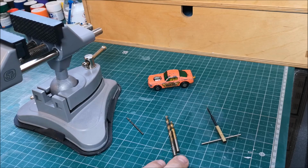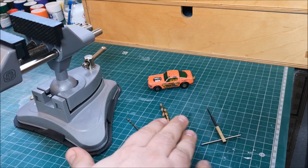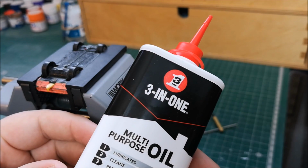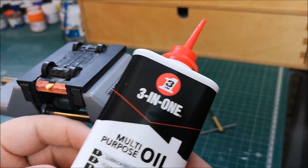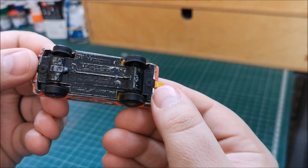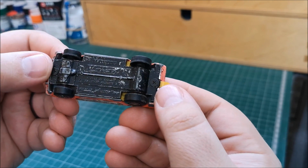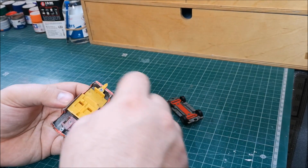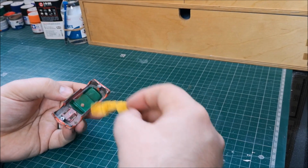So the standard drill process. Drill down the post, take off the flange, tap it, and from now on I'm going to start using this 3-in-1 multi-purpose oil to help with my tap. And there we have it with the screws in place. So taking it apart,